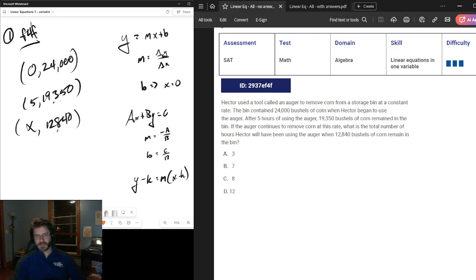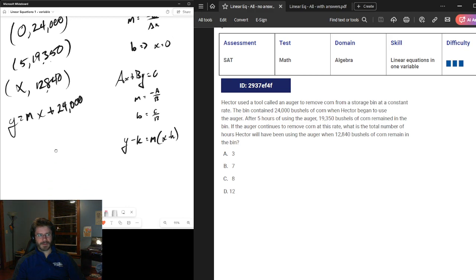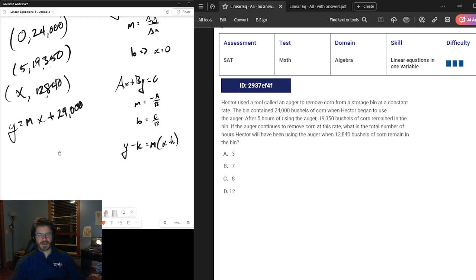Okay, so we have some coordinate points here. We have y equals, we don't know the m value until we calculate it, mx, and we know the b value. We know that the y-intercept is 24,000. Cool. So we could try to use Desmos for this, and we are probably going to use a calculator because these are some pretty big numbers here. 24,000 minus, so a change in y over change in x is our definition, remember. So 24,000 minus 19,350 is going to be